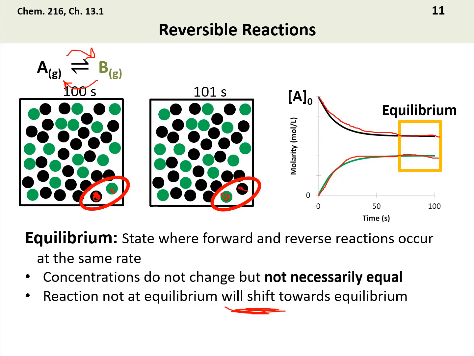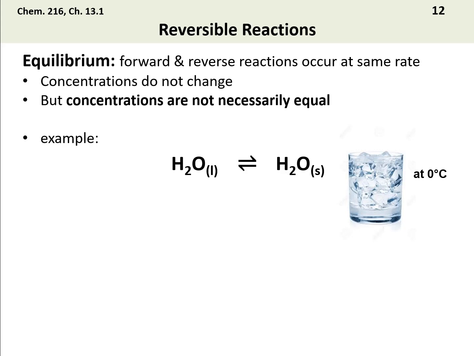But the key thing is the rates, the speeds at which these two reactions occur, are the same. Okay? An example is water. Okay, this water freezing, right? What's happening at 0 degrees C, which is the freezing point, is some of this water is freezing, right? So this water right here freezes. But at the same time, some of this ice melts, okay? And it's equal amounts such that